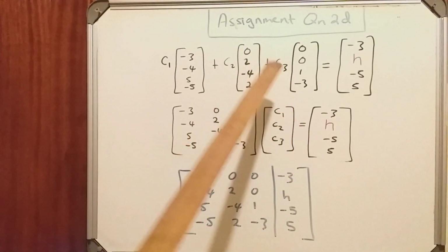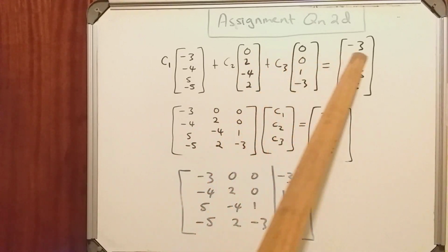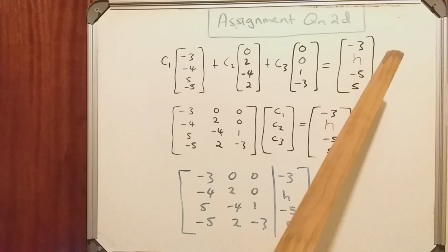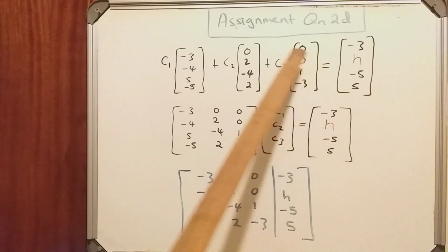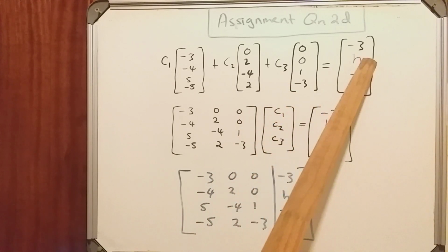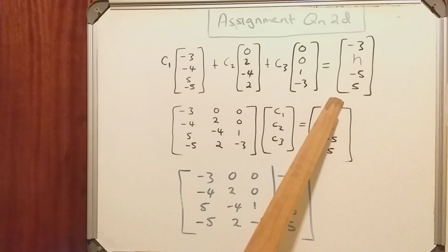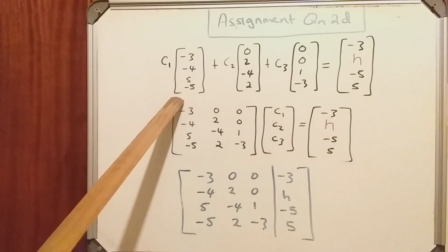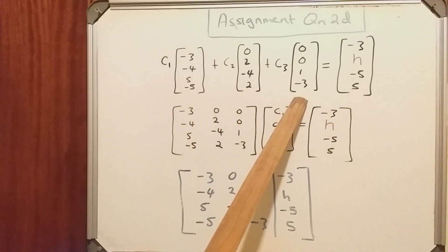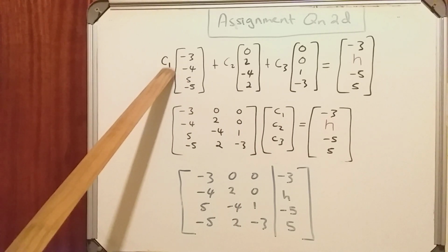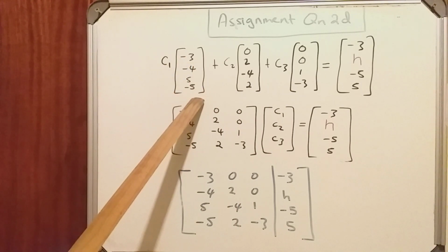So we have to find the value of H for which it spans these vectors which are given here, the set of vectors. So we want to find the value of H for which this vector spans the set of all these vectors. So we basically split it by saying C1 multiplied by the vector which is in the set,